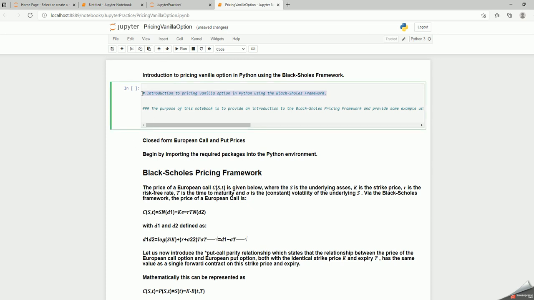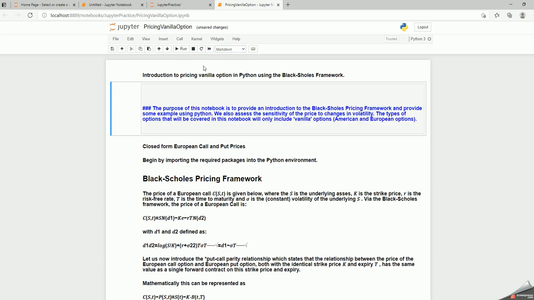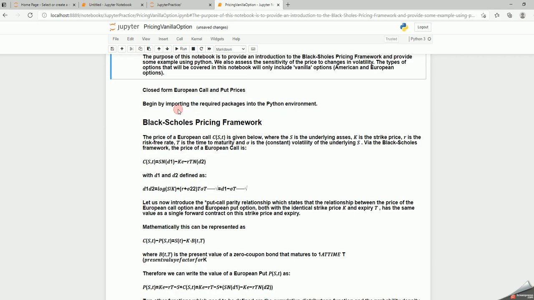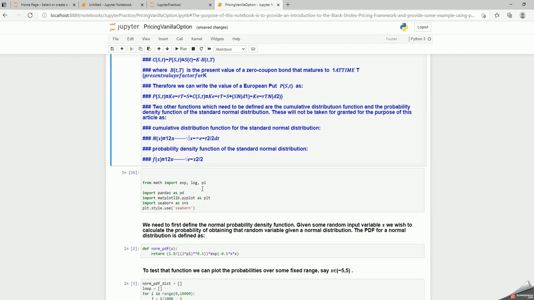So similarly, in the next block, I want this to be a comment again. So I'm going to just make it markdown and just run it. Can you see? I can just run this block. You can see the highlighted block, and I can just run it. So this has also become a comment. Similarly, I have created all these comments.